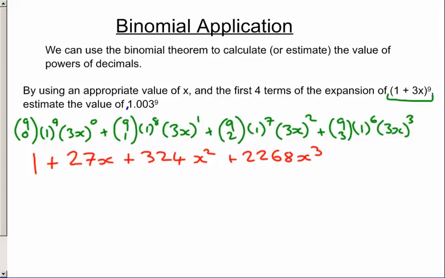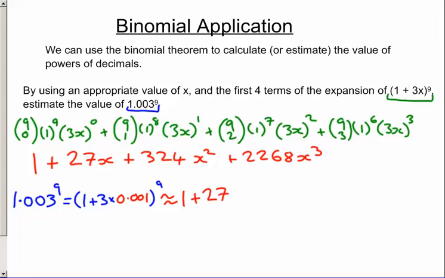1.003^9, and we've got 1 plus 3 times something, to the 9. Well, the something that we're going to have to multiply by here is clearly 0.001. 1 plus 3 times 0.001 is equal to 1.003. So in this case, we're using x is equal to 0.001, and that is approximately equal to 1 plus 27 times 0.001